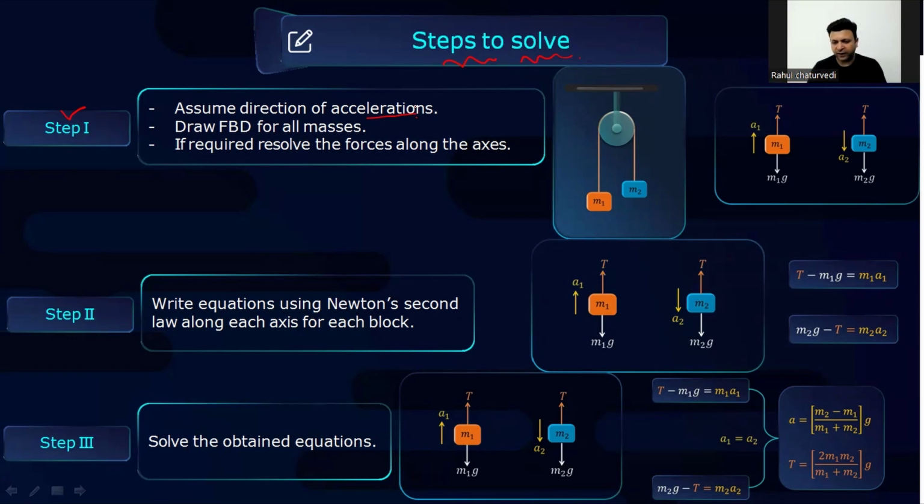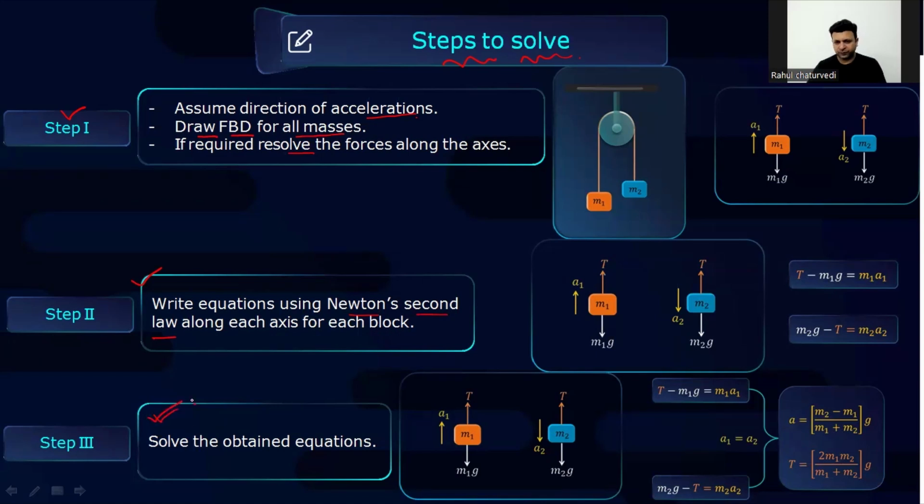At the end, if acceleration is positive, that means your assumed direction is correct. If acceleration is negative, that means your assumed direction is wrong, and the direction will be just opposite, right? Then draw the FBD, that means free body diagram of all the masses. If required, resolve the forces along the axis, right? Then you have to write equations using Newton's second law along each axis for each block,